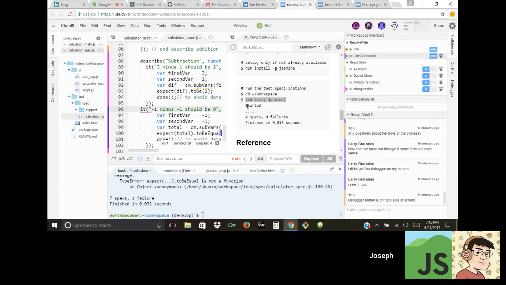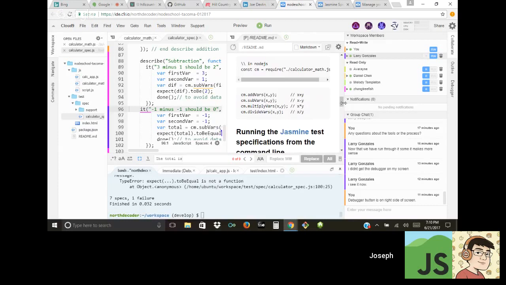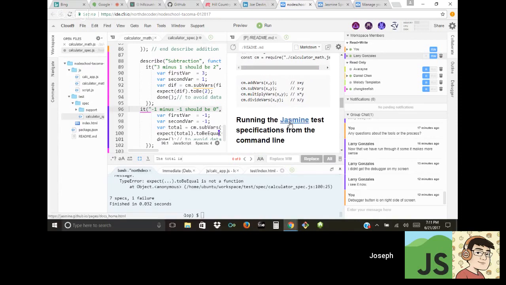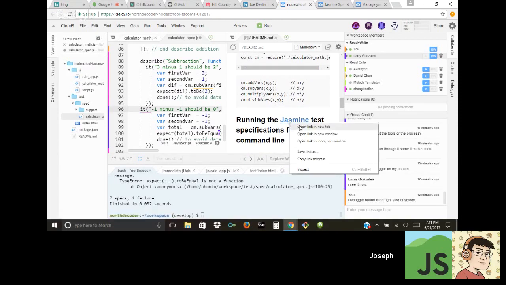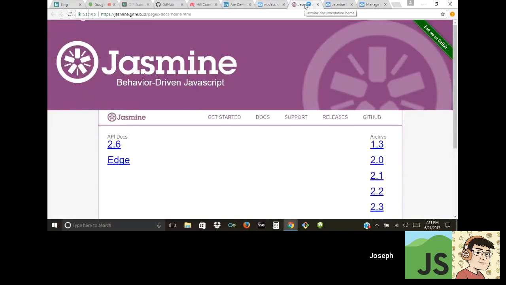So we used to be equal, and it says to be equal is not a function. So of course we were kind of ad-libbing there, right? Not knowing for sure if that was the correct thing to do or not, but it sounded good. But if you go over to